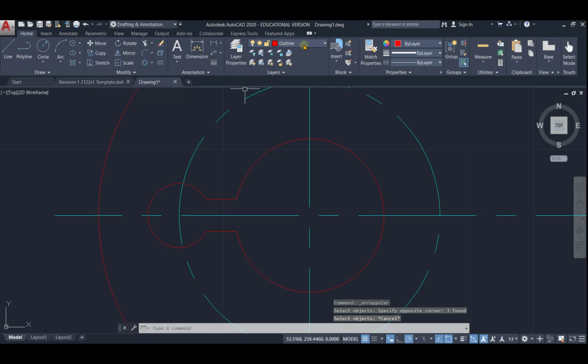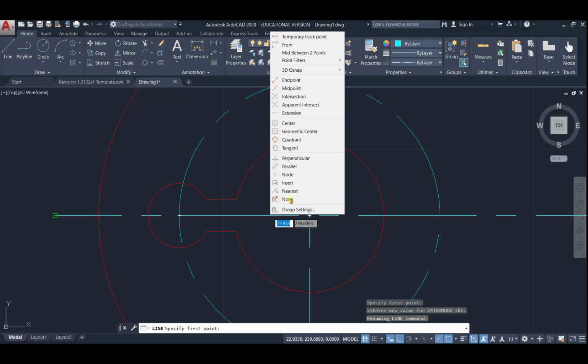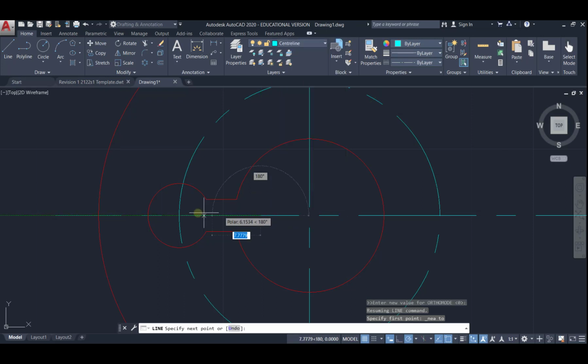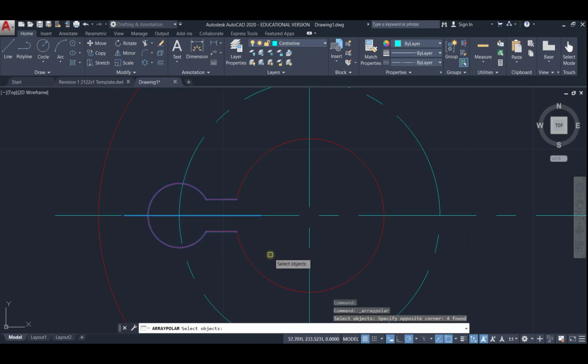But I forgot to draw the center line, so let me just draw in the center line so that I can array it together. Alright, I want to draw a line over here, so then you put nearest, shift right click nearest, click here to here. Okay, so once done, we can array 4 lines. Okay, the center line, the 2 horizontal one, and the circular element. Okay, so once done,